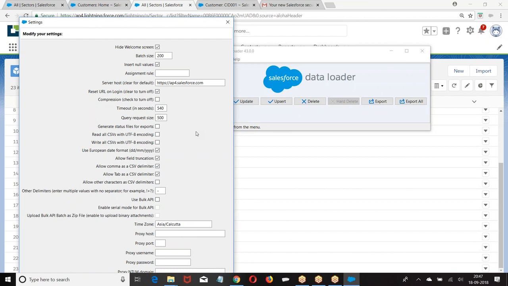Now, while you are inserting the data, in whose time zone will the data be inserted? Let us see. My organization is in EST. I am uploading the data from IST. If the data is taken as EST, there is a mismatch. Your organization is EST, I am uploading from India. If it considered my time zone as EST, then there is a mismatch in the day. One day may be extra or less. While uploading the data, whoever is the logged-in user, according to his time zone, data will be uploaded.